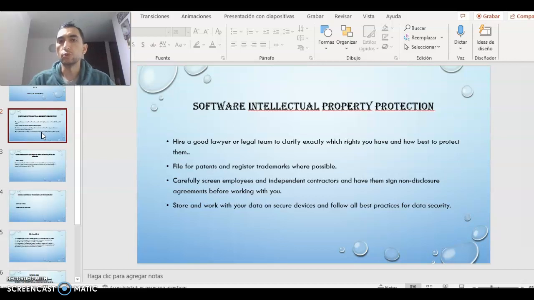Software intellectual property protection. How does the software vendor protect the code they develop, ensuring no one steals their products or uses them in another manner? Consult a good lawyer to clarify exactly which rights you have and how best to protect them. File patents and register